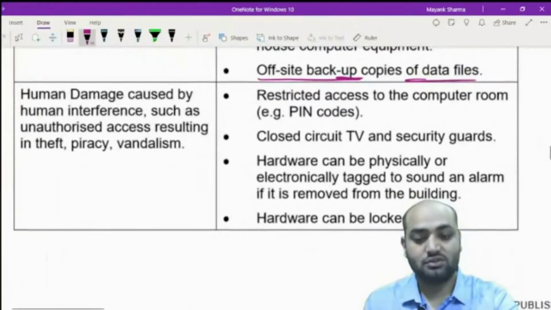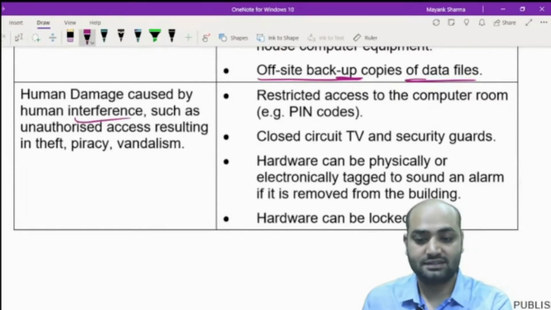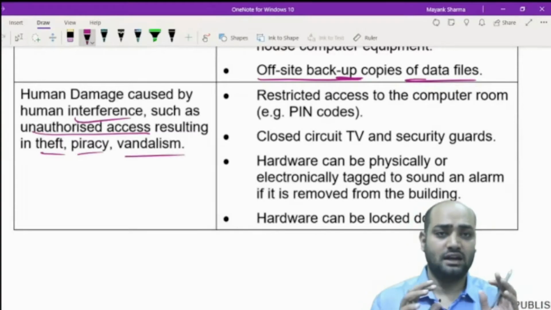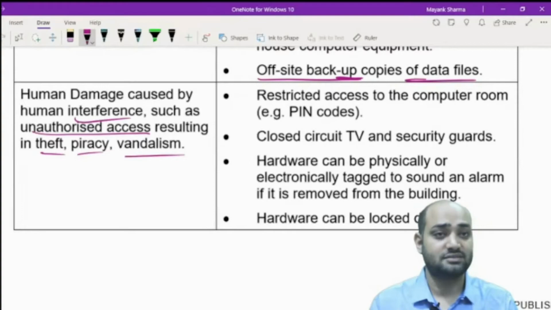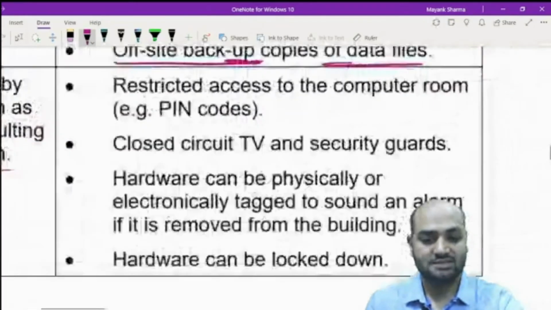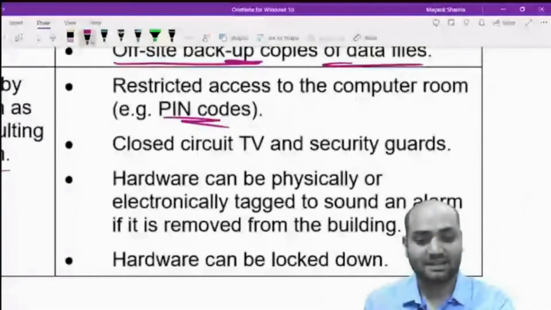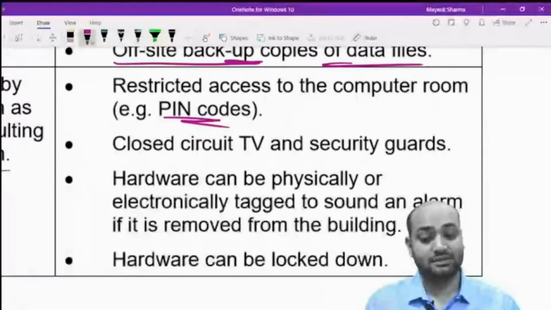We had studied about human damage, human risk, right? So human damage is caused by human interference, such as unauthorized access resulting in theft, piracy, and vandalism, like intentional destruction of computer resources. Not just computer resources, any property. Intentional damage to any property is vandalism. When we are talking about data vandalism, that means intentional damage to the data. So human damage can be eliminated through proper passwords, restricted access through PIN codes, and closed circuit TV, CCTV,